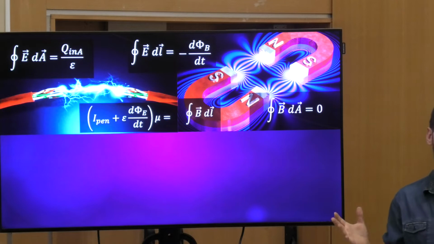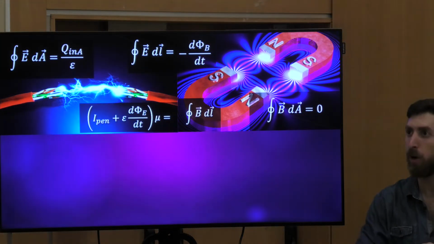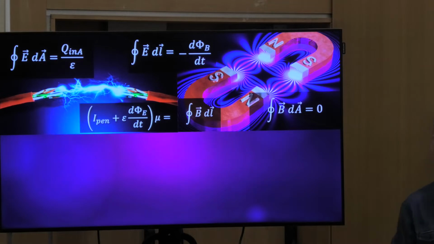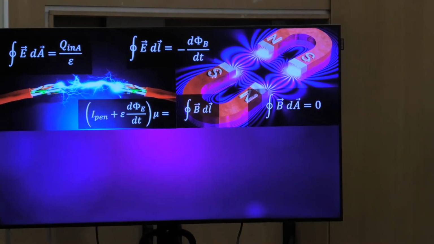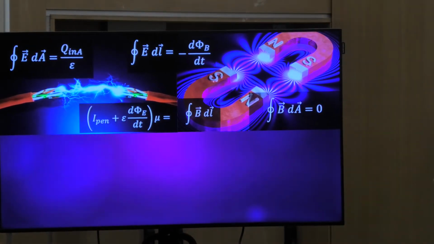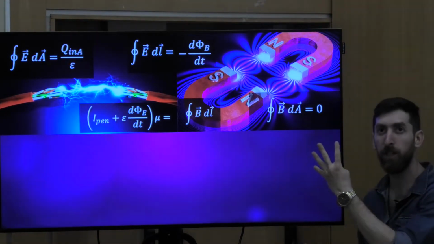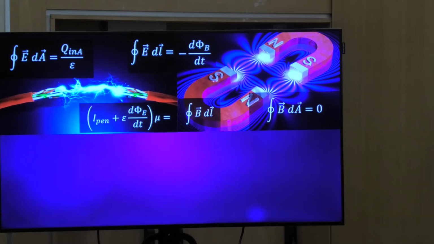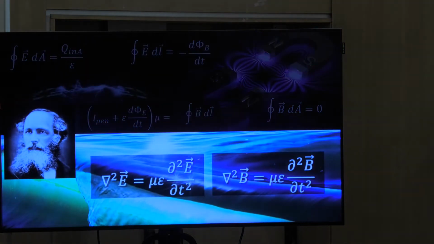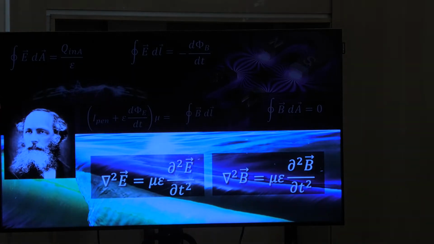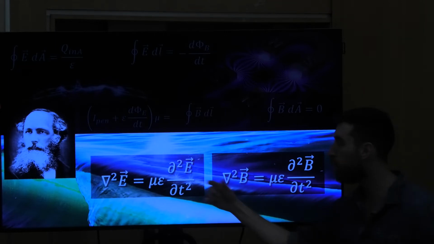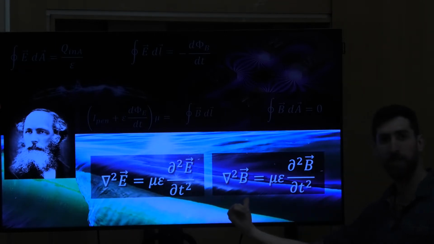And then you're going to say, okay, I finished the class. I know electricity, I know magnetism, that's all. But then comes one guy named Maxwell. And he said, let's try to take these 4 equations and push them to only 2 equations. Let's try to do it, okay? And he did that, and then he discovered something crazy. He discovered that the 2 equations are identical equations, one for the electric field, one for the magnetic field,